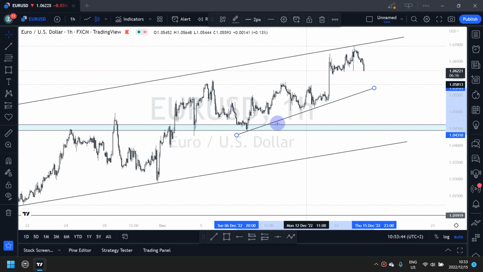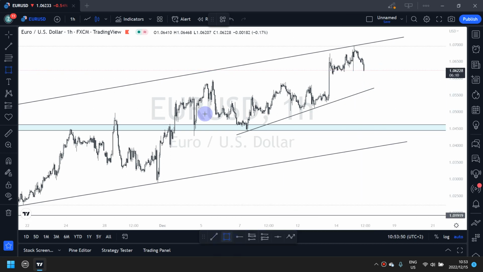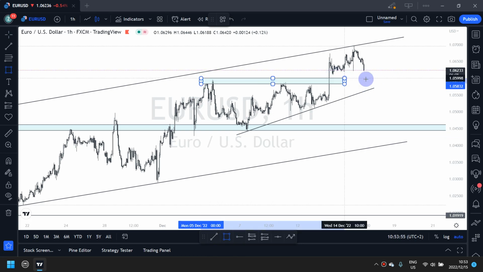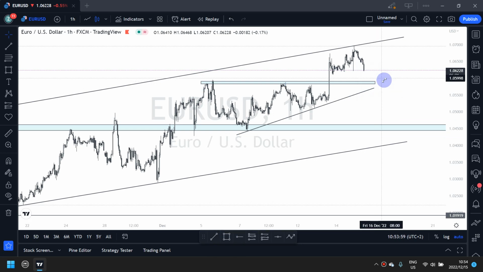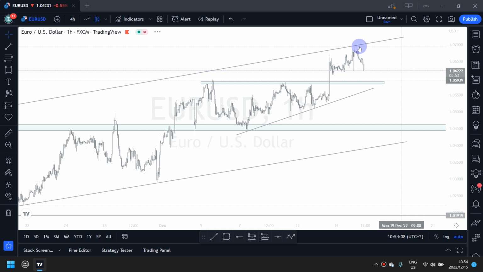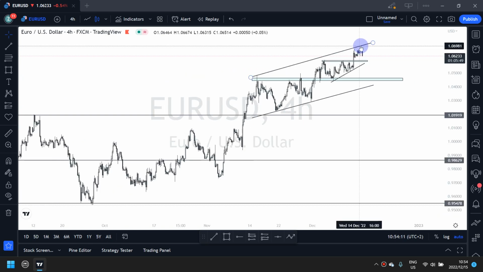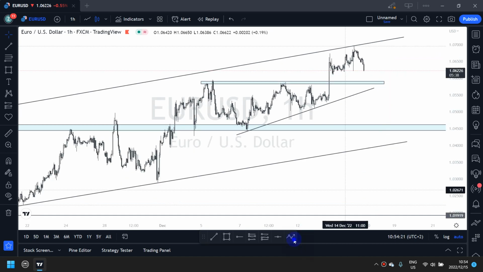So on the hourly time frame, I'm seeing a minor buy for this Euro USD pair, and I'm also seeing a zone. This is the zone that I am seeing. So basically, if I go back to the 4-hour time frame, you could see that here Euro USD gave us a second touch, right, and it dropped. So basically the drop is a correction